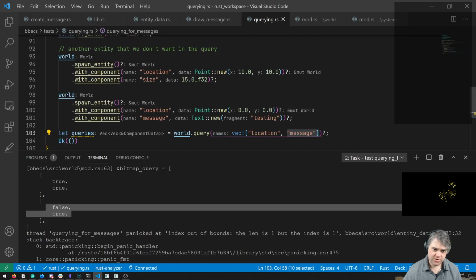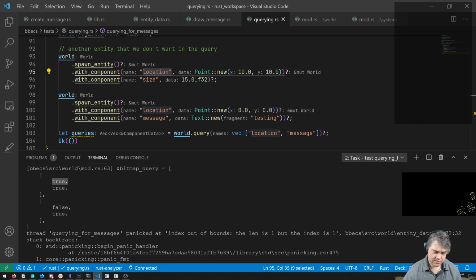So this first component has a location, true. Second component has a location, oh, is it this location and size? I don't remember how the bitmap query works anymore. It was just last week that we made it too.